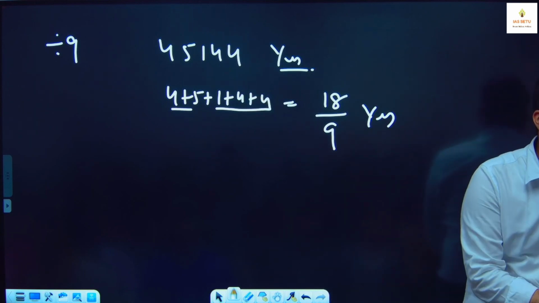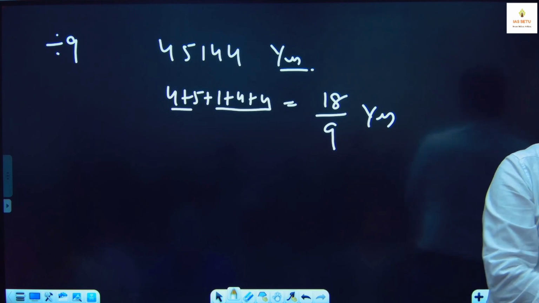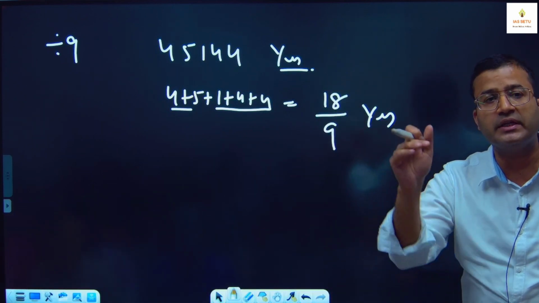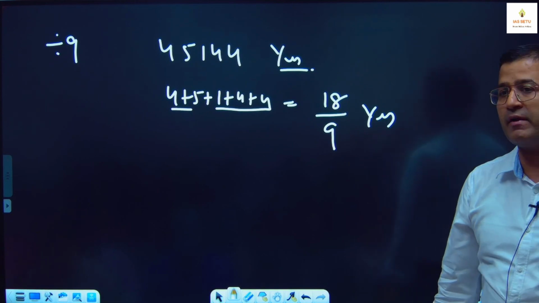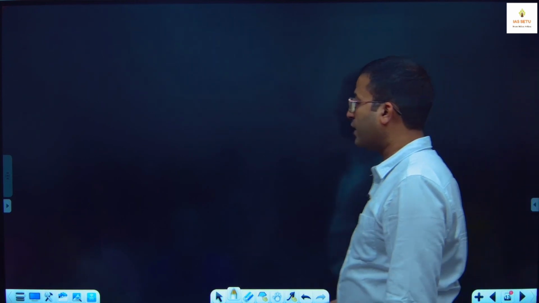We have the same rule for divisibility of 9 because 3 and 9 belong to the same family. 2, 4, 8, 16, 32 belong to the same family. 3 and 9 belong to the same family. We have the same concept for the divisibility of 3 and 9. Like for example,